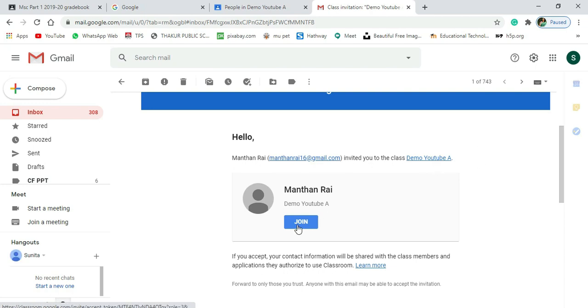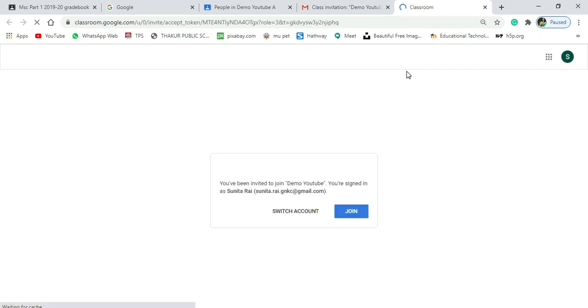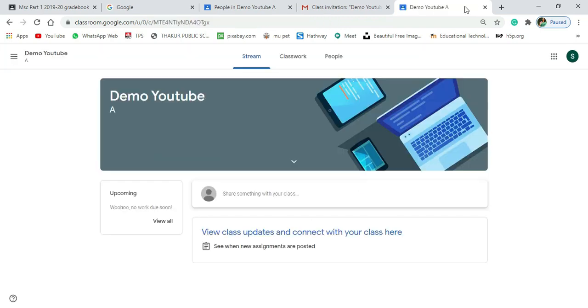Then the student has to click on this join button. As soon as the student clicks on the join button, the student is enrolled in that class. So it is asking, do you want to join this class? I'll click on join.